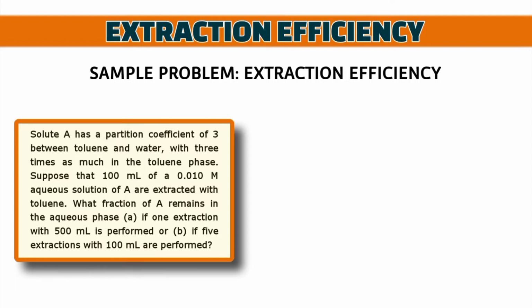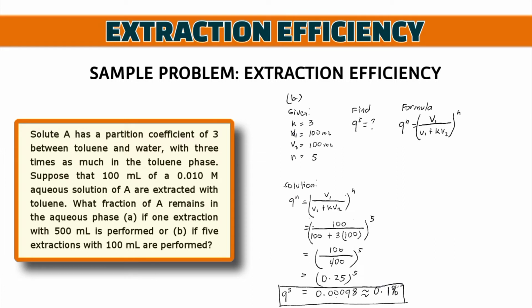Again, write all the given values, which are K is equal to 3, V1 and V2 are both equal to 100 ml, and N, or the number of extractions, is 5. Find the Q using the formula for it, which is this. Substituting all the given values will give us 100 over 100 plus 3 times 100, raised to 5. And solving it will give us